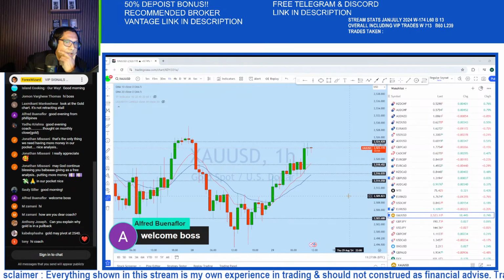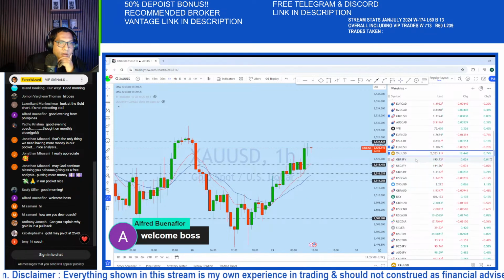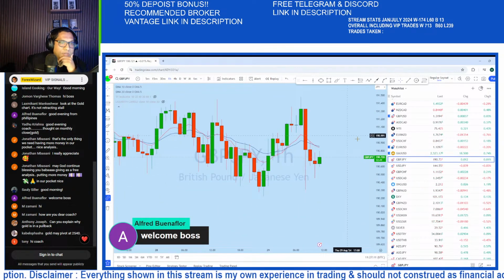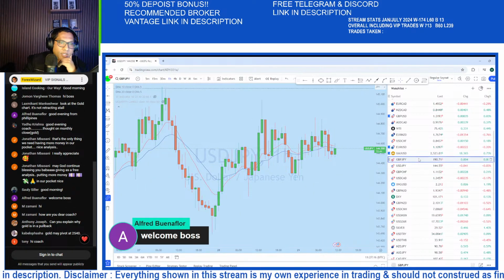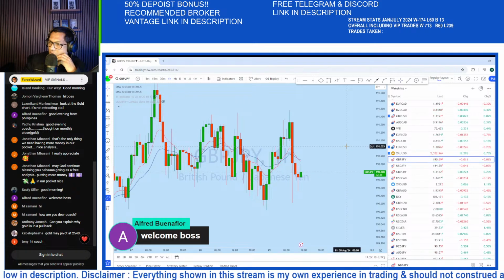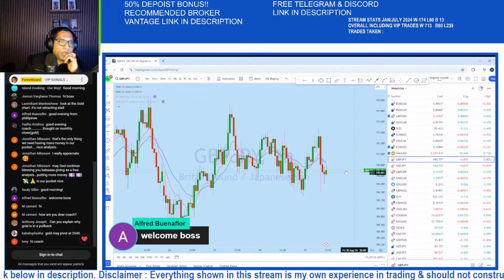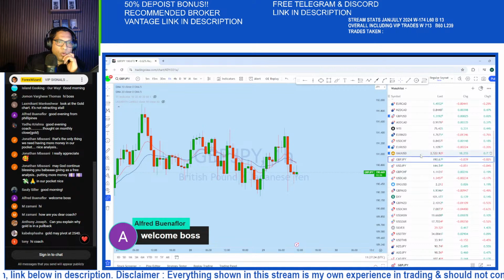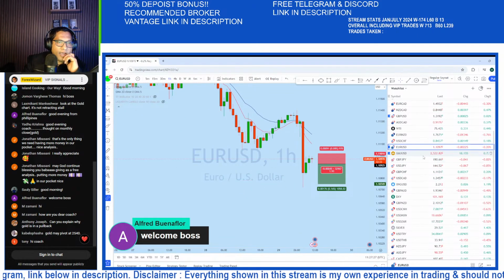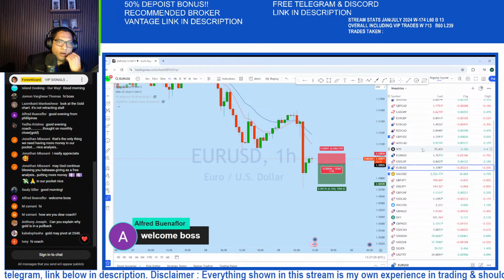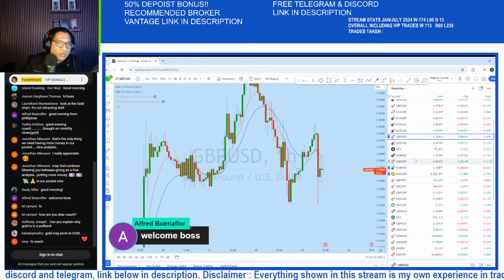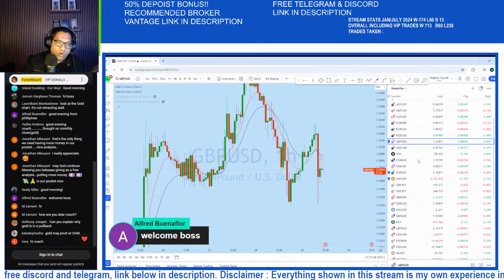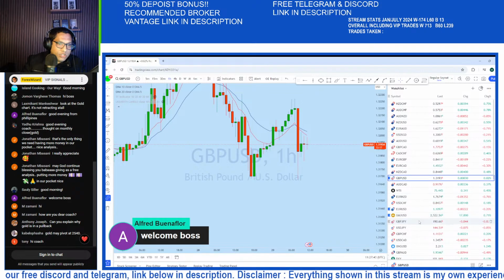Okay, now we have seen gold, and what about the GBP JPY and dollar yen? Dollar yen is fully sideways. GBP JPY also, these days we can see there is a drop and there is a sideway. If we look at the Euro dollar, it is a very nice trend, and British pound US dollar is also looking very nice in a trend. So I will be more interested in gold, Euro dollar, and GBPUSD rather than GBP JPY at the moment.